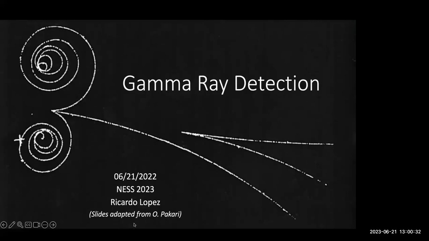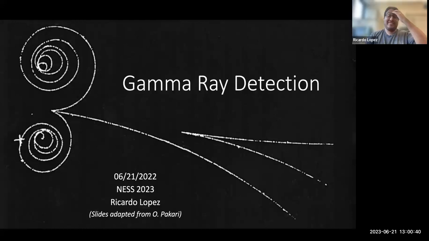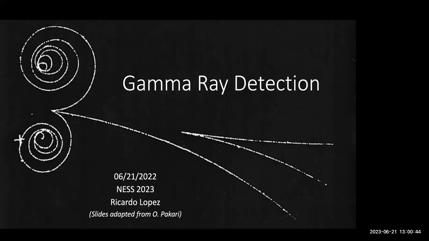Today is the gamma ray detection lecture by Ricardo Lopez. Ricardo, are you in your third or your fourth year of your PhD? Third? Just started third this summer, yeah. Third year of his PhD, and he is a student in Dr. Sarah Pozzi's lab. Ricardo works in particular in neutron detection, and we are very excited to have him here today